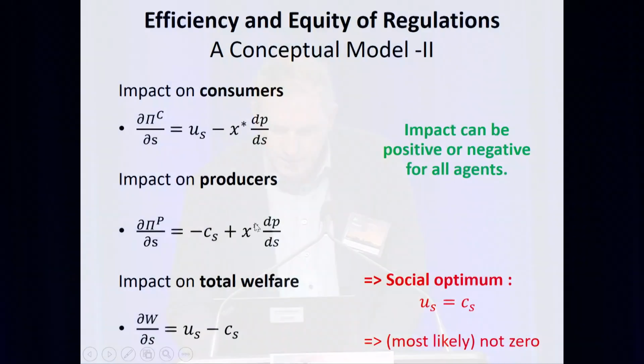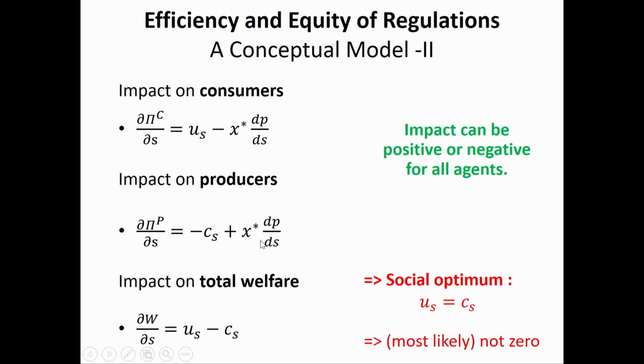If we then look at total welfare, then essentially it's the trade-off between the consumer gains because of the reduced asymmetric information and the implementation cost, okay? Now what's interesting, there's a couple of things here. First of all, the social optimum is most likely not zero, okay? So zero regulation is not the social optimum in a number of cases. And the second thing is that, can you see this? Yes. This term here, the second term in both cases, is identical, and that drops out if we look at the total welfare. It's essentially a transfer between consumers and producers, okay?